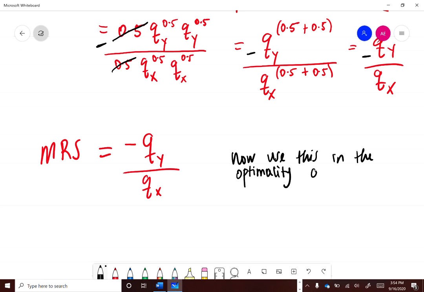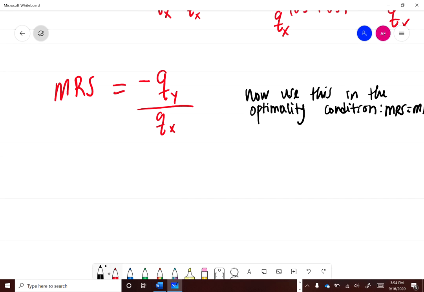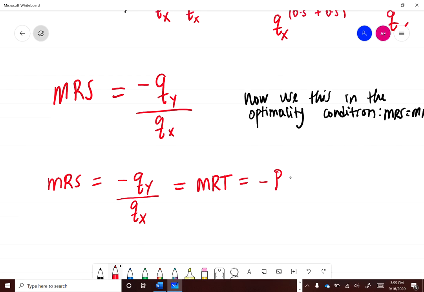Optimality condition: MRS is equal to MRT. Okay, so we have that MRS here is equal to negative q of y over q of x. Now we're going to set this equal to MRT. Remember, MRT is equal to negative p of